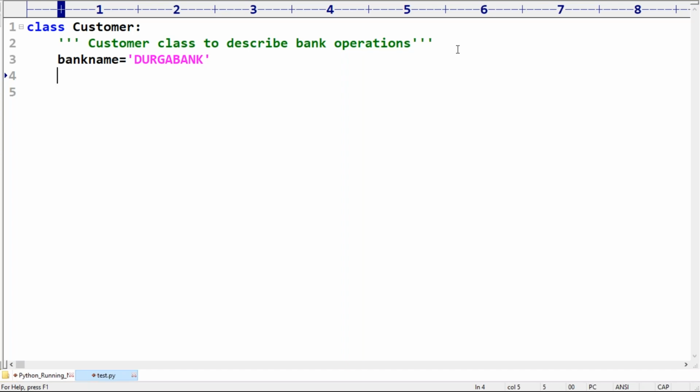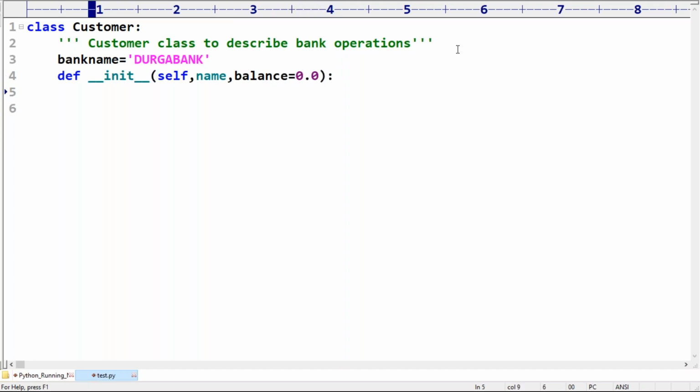Next, def __init__(self). I want to create a customer object. Name must be required. Next, balance: assume the default value 0.0.